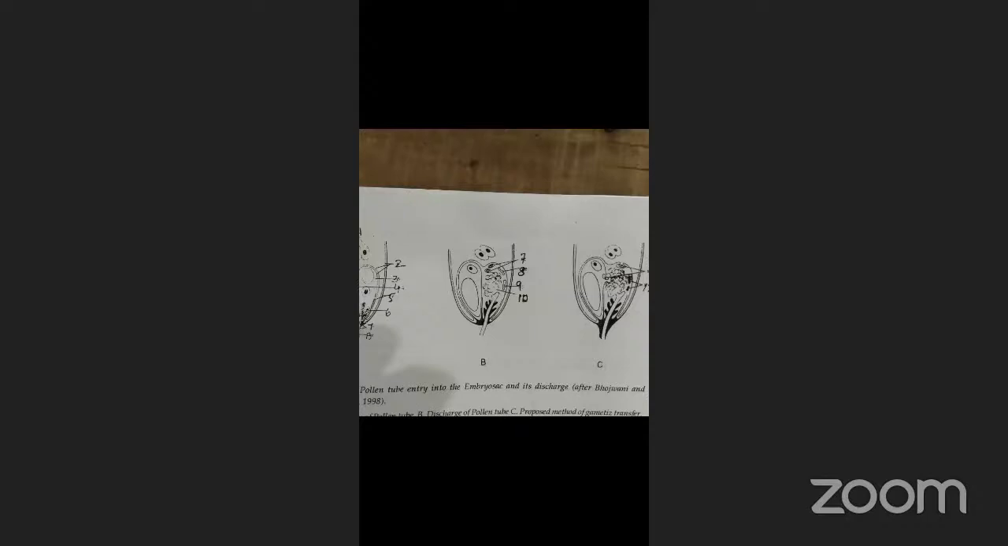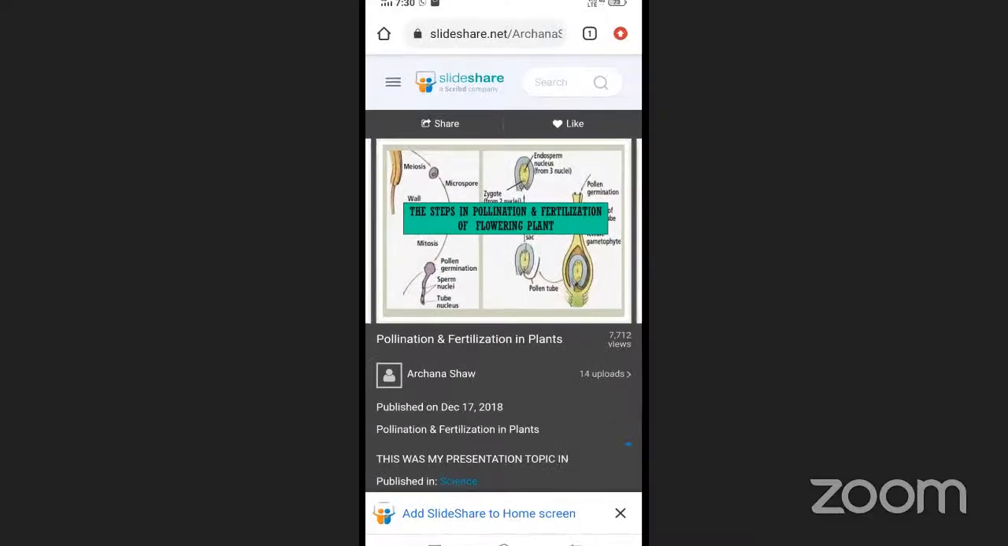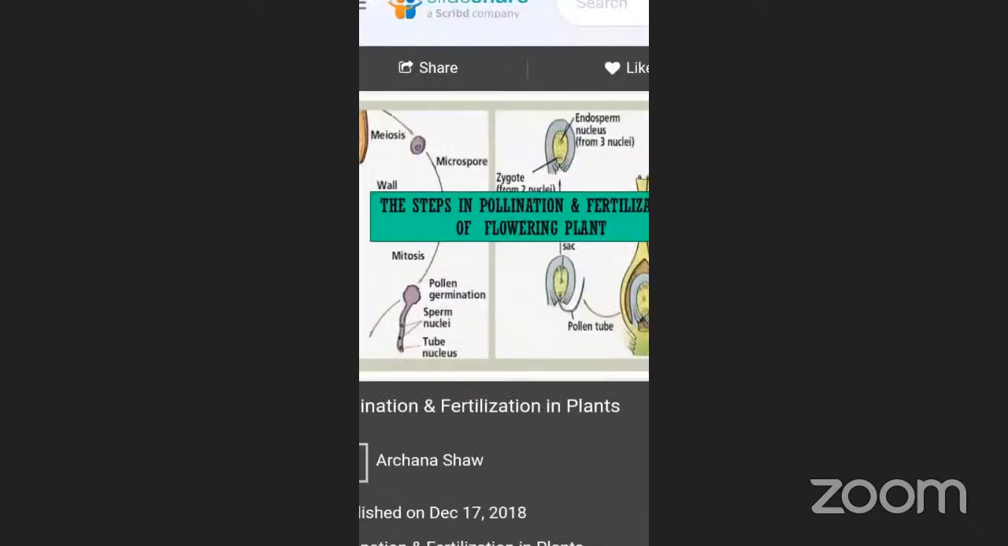So double fertilization is a specific character of angiosperms. It ends in the formation of the zygote and endosperm nuclear tissues for embryogenesis. The process involves a great amount of interaction between the pistil and the